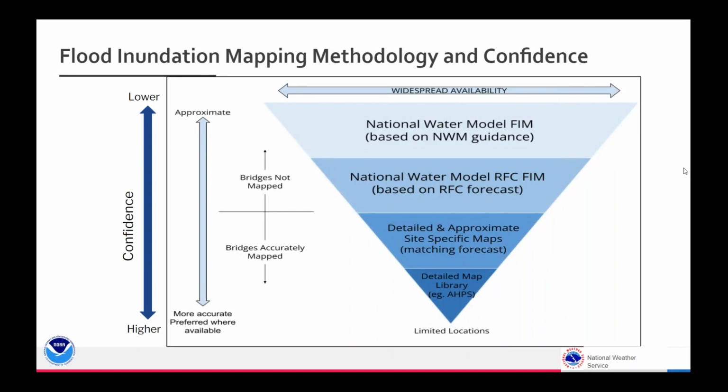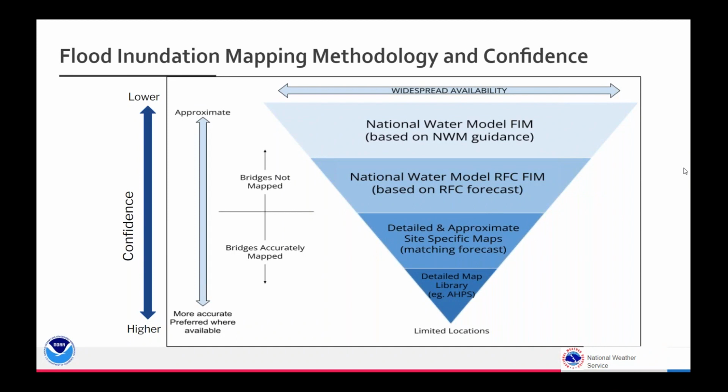It's available lots of places, but it has more approximations in it, so it is a lower confidence model. And then as you go down in the upside down triangle, you get to the RFC FIM, which is using more detailed inputs. So it has a little better confidence than the National Water Model FIM, but maybe not